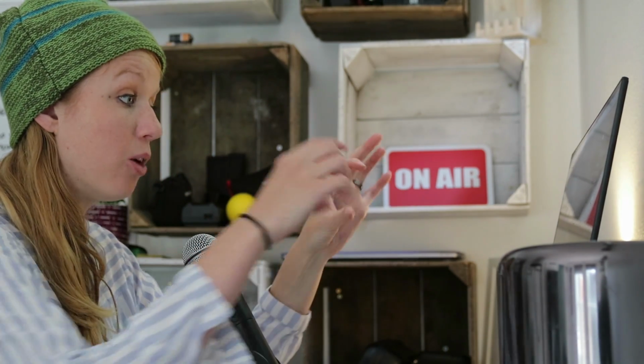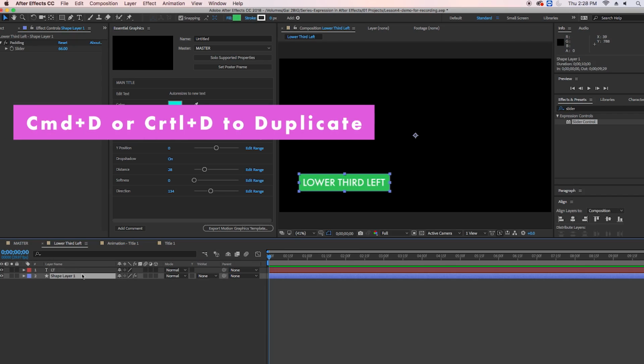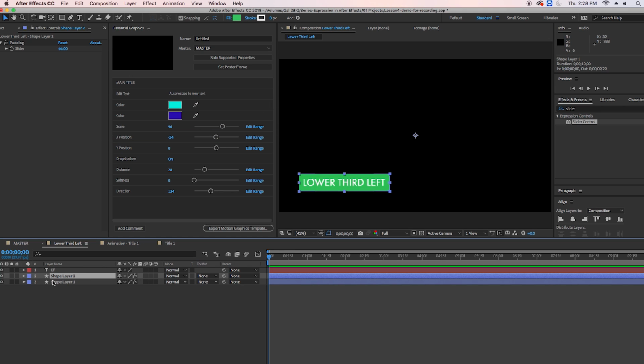And now what we want to do, because this design, essentially, it's kind of boring, right? Well, it's really hot now in contemporary design to add an outline around shapes. So let's go ahead and add an outline, and it's really easy to do. Just duplicate the shape layer here, let's duplicate it, and it'll carry over the expressions as well. And what we're going to do, let's just go ahead and rename this by hitting enter again. Let's call it outline, and let's call this